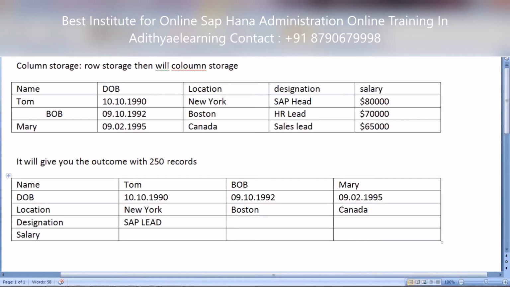Designation: SAP lead, HR lead, sales lead. And your salary would be 80,000, 70,000, and 65,000.